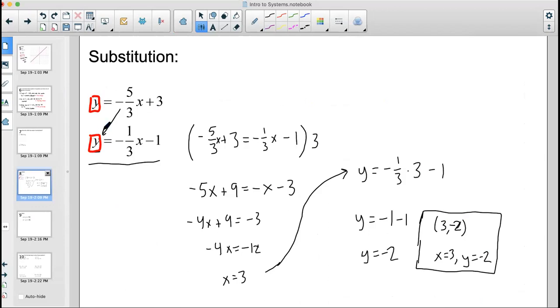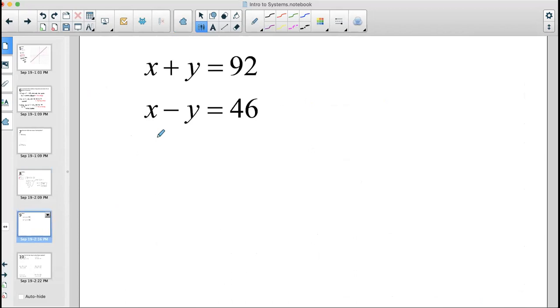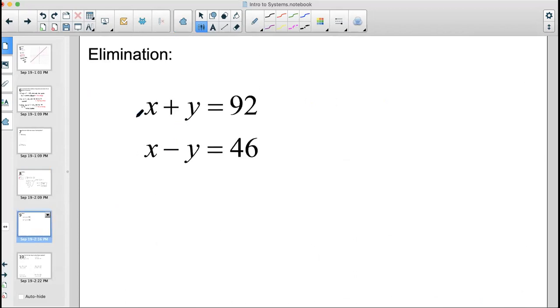This one was convenient because this was already solved for a variable, so I just plugged this in where I saw the y. This one, it's not solved for a variable, and it's set up in a very specific way where it's actually pretty easy to solve this one using elimination. And here's what you look for with elimination. Look for opposite